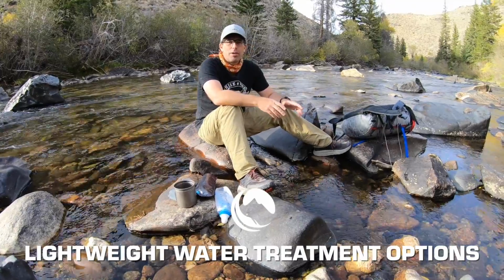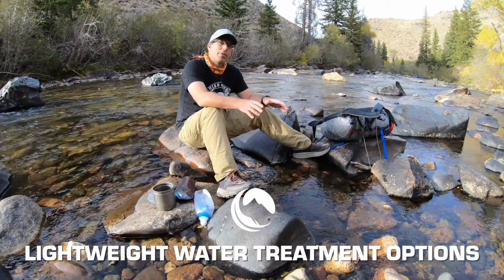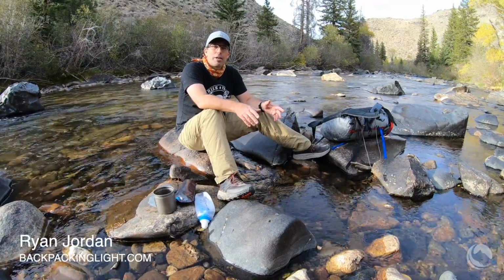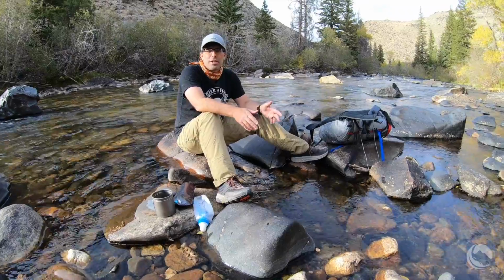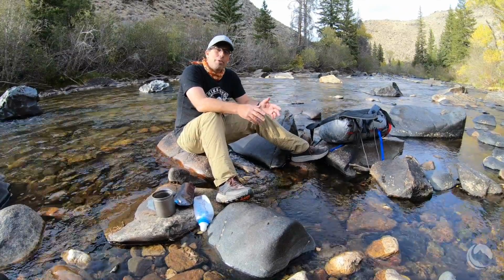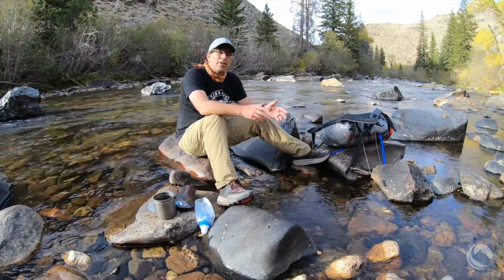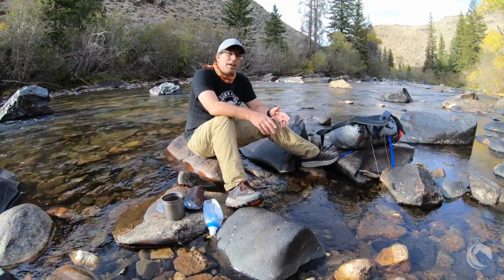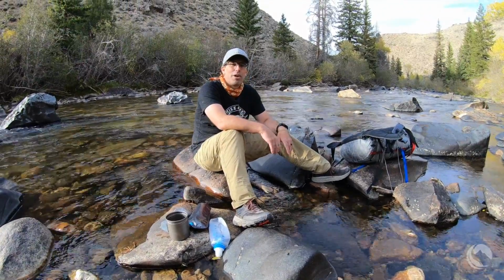Okay, let's talk about water treatment options for ultralight backpacking. Now, the most popular water treatment option still among backpackers is the water filter, and we all know this as the pump style water filter. The problem with pump style water filters is that they're relatively heavy, they're sort of difficult to clean, and they do clog easily. And of course, it requires a bit of work to actually pump the water and prepare it